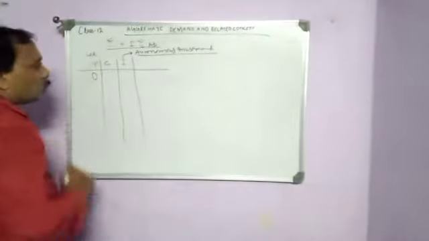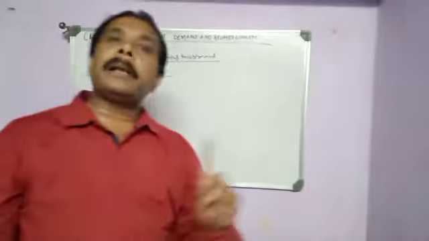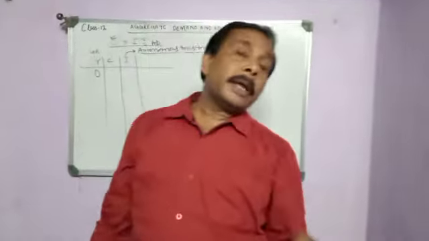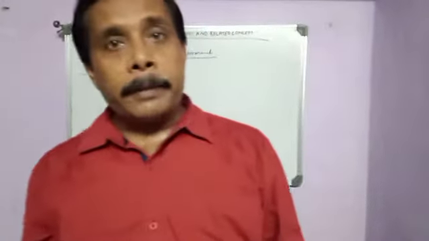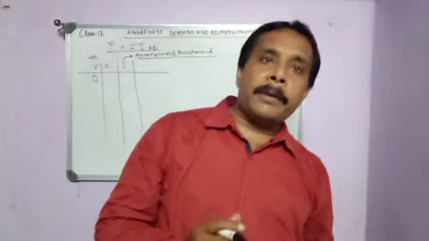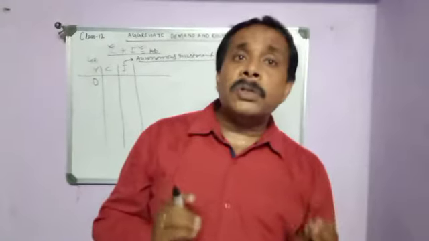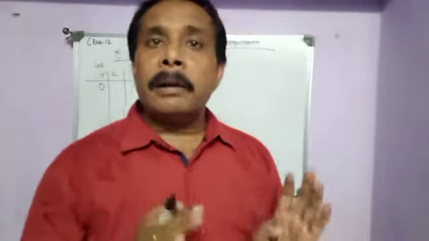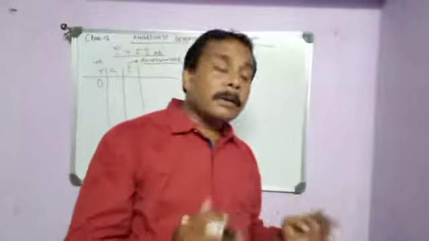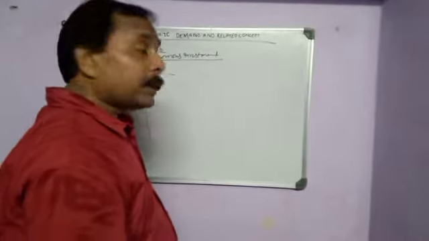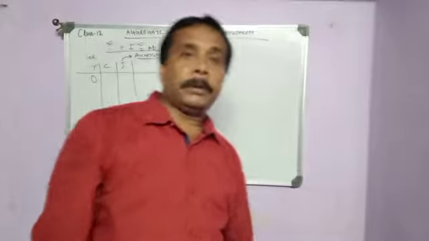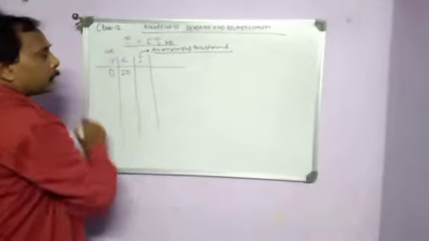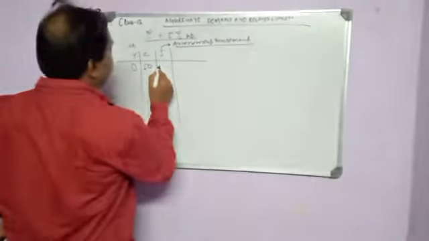When income is equal to zero in the economy, consumption will never be zero. Why? Because if consumption becomes zero, a human person can't survive. So for the survival of life, they are ready to consume something. That is known as the minimum consumption level, or another term we can say is the autonomous consumption. So when income is equal to zero, let consumption be 50 crores in the economy, and investment is